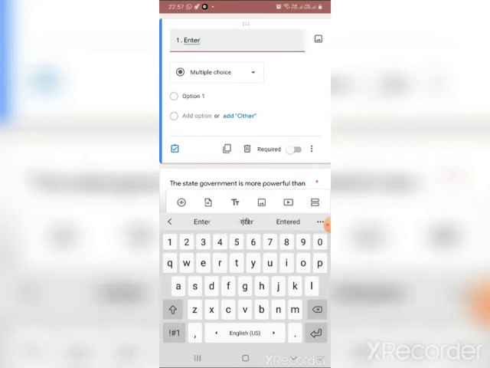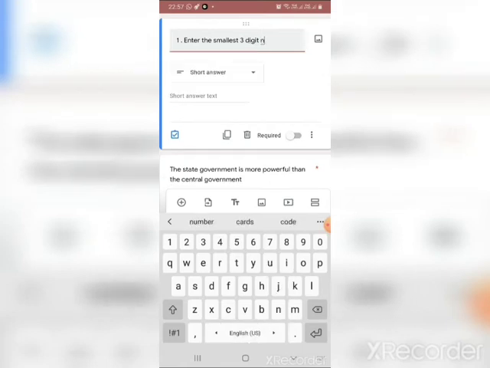Enter the smallest 3-digit number. Okay, and here in the options down you can see it is by default given a short answer.